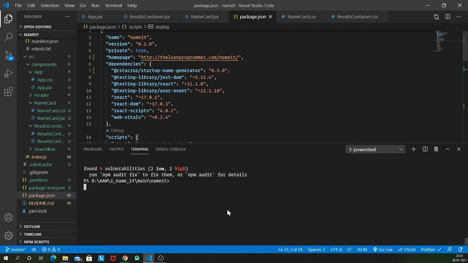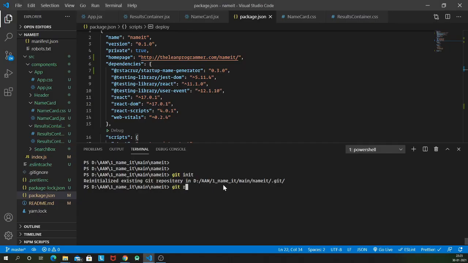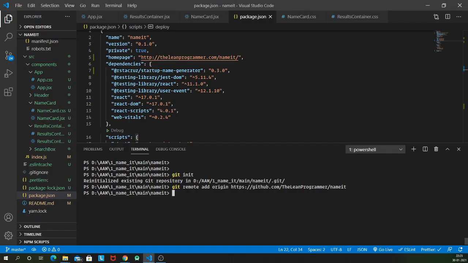Inside your terminal, first of all, let me clear this. Now what you need to do is initialize a repository, git init. Then you need to link your local repository with GitHub by git remote add origin, the URL, or through SSH also you can do. The next step is stage all those changes.